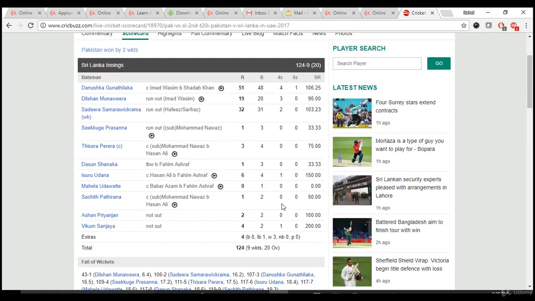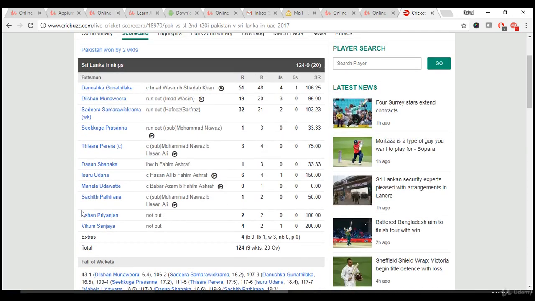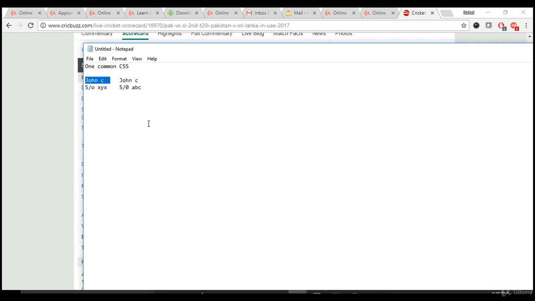So if you write CSS by traversing from parent to child, you will never go to the other parent. You will obviously land in the same table. So give this common CSS, but you have to traverse it from the parent.